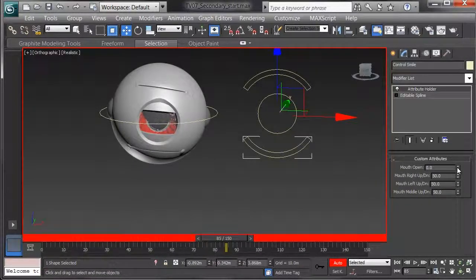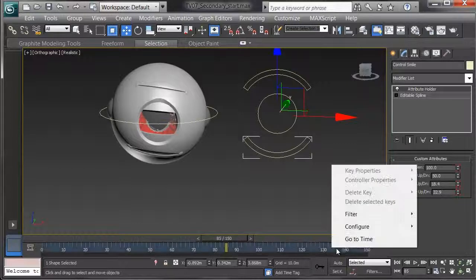There at 85, I'm going to open up that mouth and pull that. I'll also key the left down, pulling down and giving him a little dismay in his expression. I may even take the middle and pull it down a little more as well, so his mouth is a little open in surprise. With all of these, I need to make sure I turn off Auto Key, right-click, choose